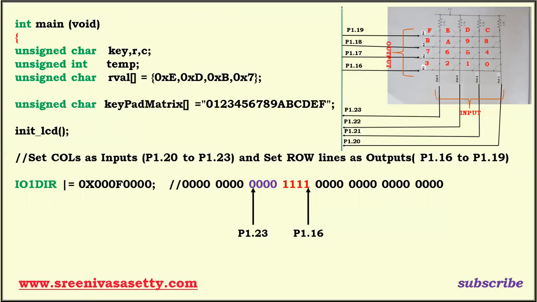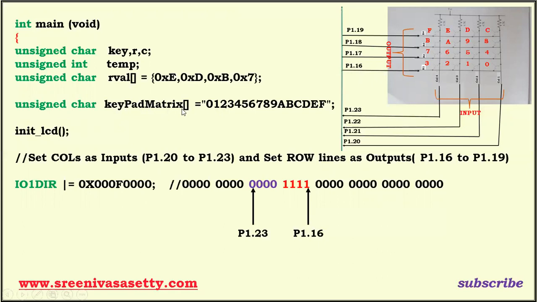But if you want to display on LCD, we have to send ASCII code. Therefore, we store the values 0 to F in this way within double quotes. The ASCII code of 0 is available in keypad matrix 0. Keypad matrix 1 gives the ASCII code for 1.